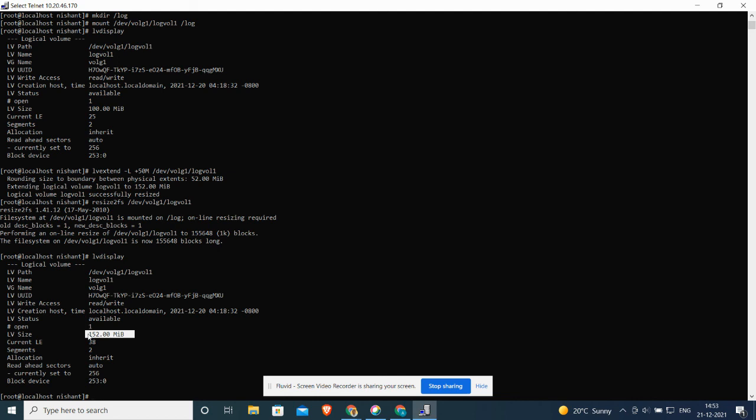Before decreasing the size, you need to unmount the logical volume, and then you have to run a file system checking command, that is fsck. So you can reduce the size by unmounting, then running fsck, and then using lvreduce. lvreduce is the command to reduce the logical volume.